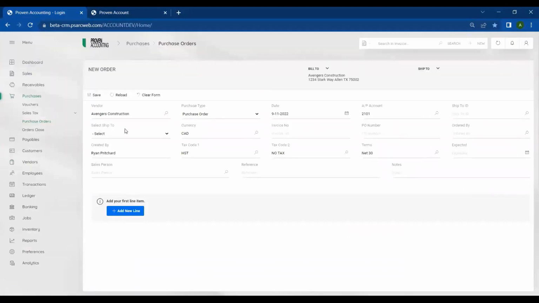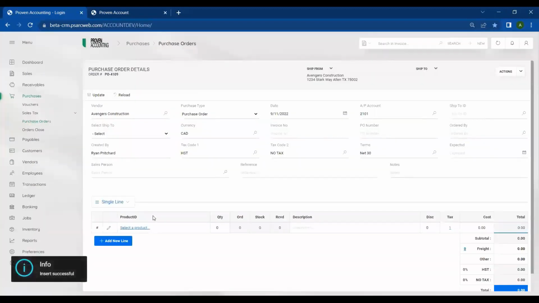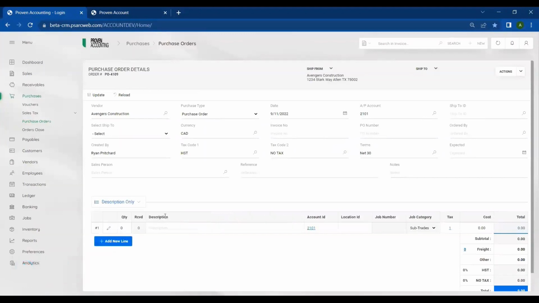We need to make sure all of the fields are filled out. Ship to IDs are specific to when something is job costed. We will click Add New Line. For our purposes, we are going to change this to description only. Today, we're going to type in a description of